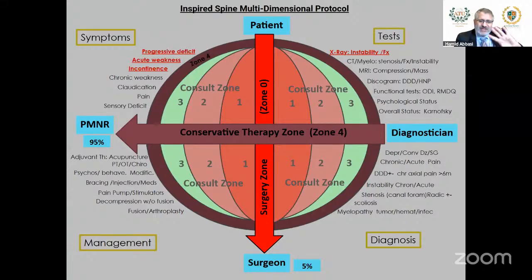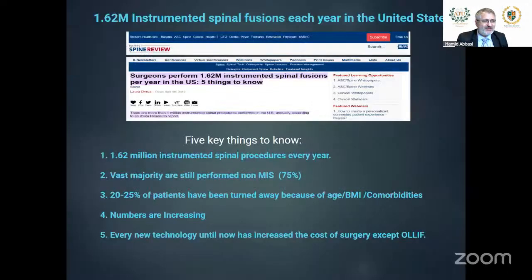Now, this is beyond this talk. We have methods to truly help the patient without surgery, but the number of patients who are going to need surgery is going to increase. This is from 2022: 1.62 million spinal fusions in the United States. And if you think it's a lot, the rest of the world is catching up with us. I remember my parents were in horrible pain the last 5 years of their life. They were miserable and nobody could help them because there weren't enough resources. Now people have the resources, they want the help, so you will be very busy in spine. You chose all the right career for yourself.